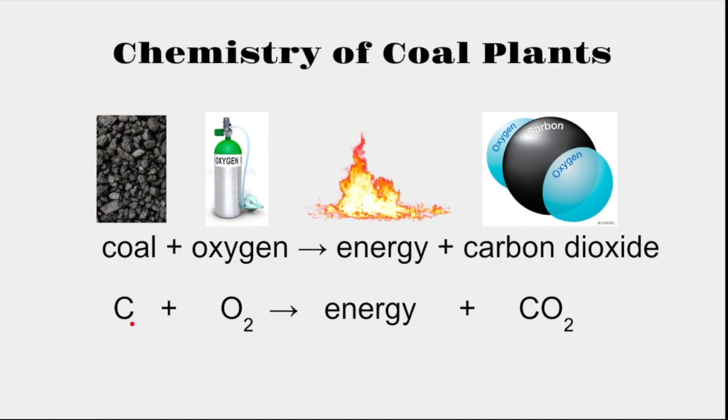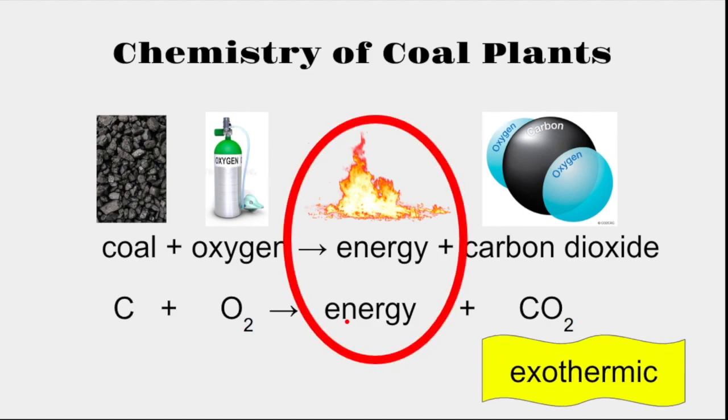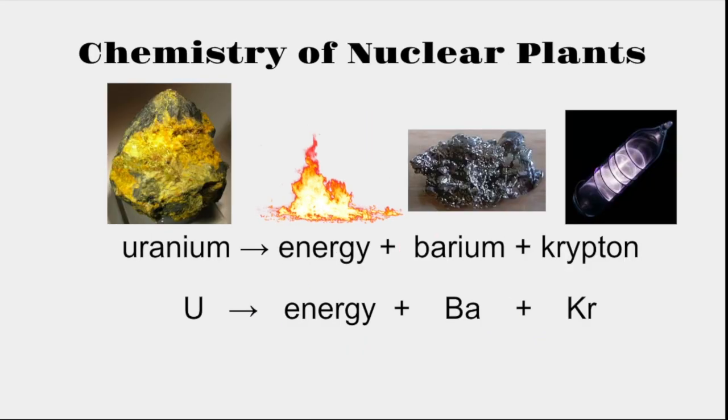Coal is really just carbon, plus oxygen, O2. When you combine those together, CO2, carbon dioxide. Reactions that release more energy than is put in are called exothermic reactions. So when we're talking about power plants, if we want them to generate heat, we need whatever reaction in them to be exothermic. Nuclear power plants work very similarly in that they have to heat up water,